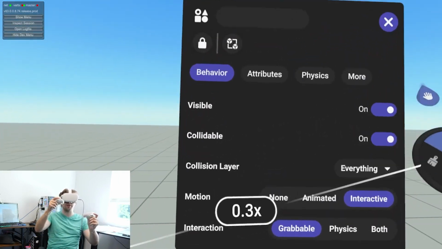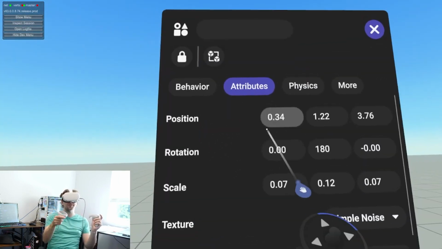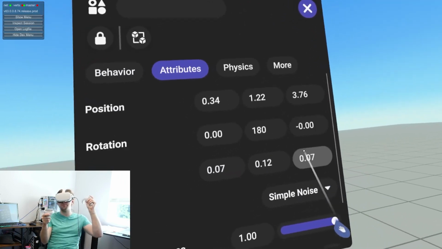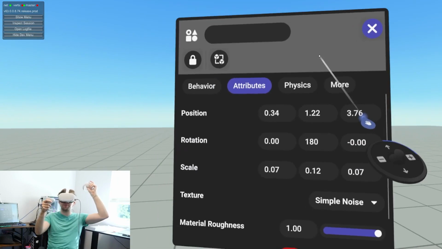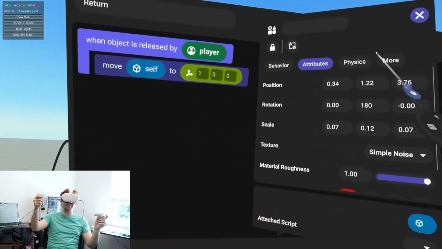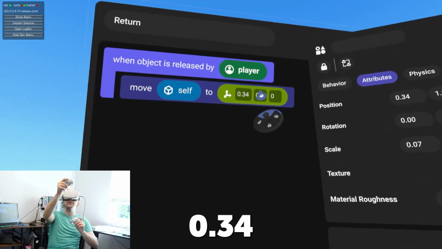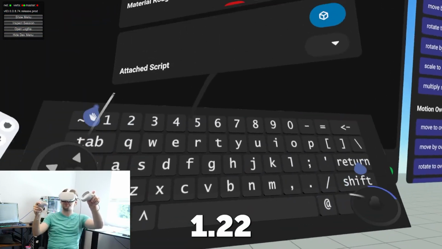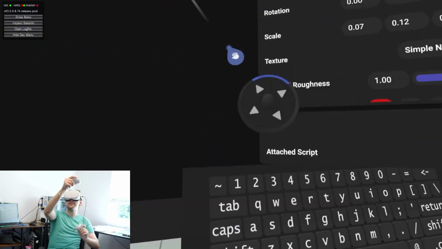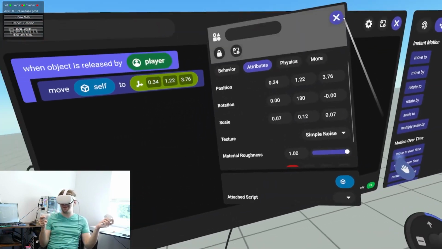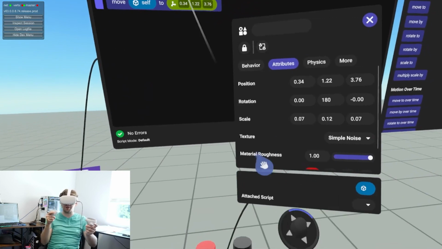And here under the properties, we'll head to the attributes tab. You can see the position is 0.34, 1.22, 3.76. I don't think I'm gonna remember that. So I'm actually just gonna grab this, drag it up into here and start typing. 0.34, 1.22, and 3.76. Now, I don't advise doing it this way, but now that we have, we can,